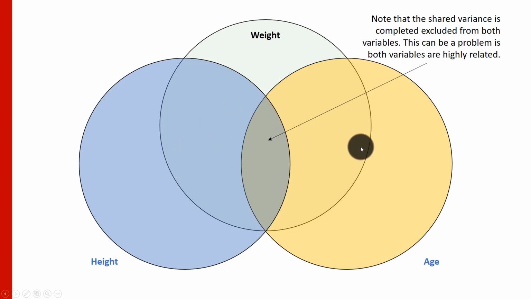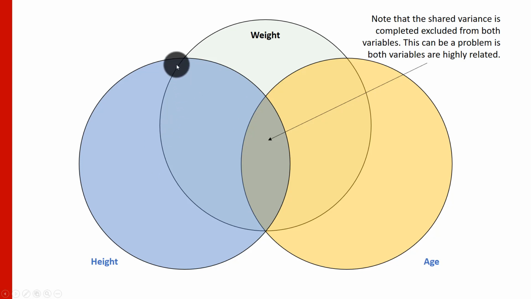And conceptually, you could think about this as if I have height and age in the model and I don't exclude this variation, I'd be counting it twice. Because here I have, in this blue circle, the part of height that's related to weight. And then over here in this yellow circle, I'd have the part of age that's related to weight. And if I didn't exclude this common variance, I'd count it once for height and once for age. So in order to avoid double counting this shared variance, we exclude it from the very beginning in order to then look at the part of height that's related to weight